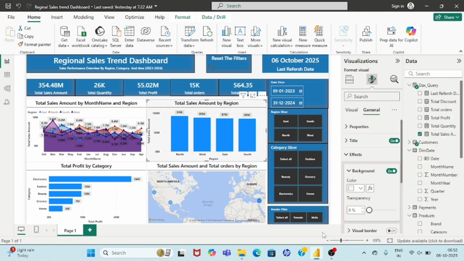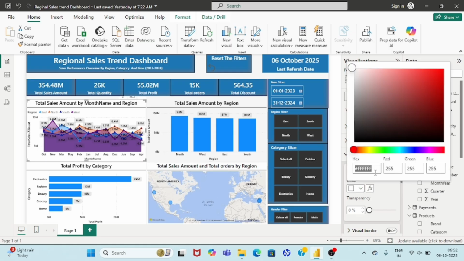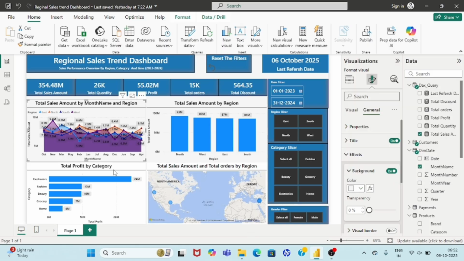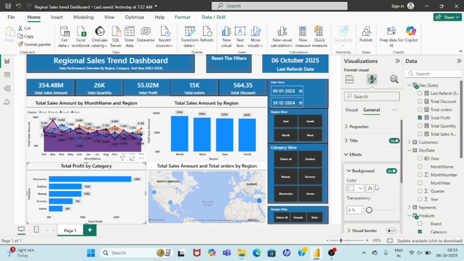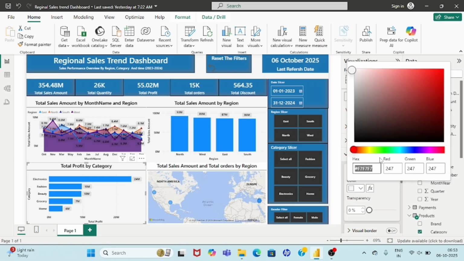So similarly we can do it for this one also. Okay, here also we can do. Here also we can do the same thing. Okay,